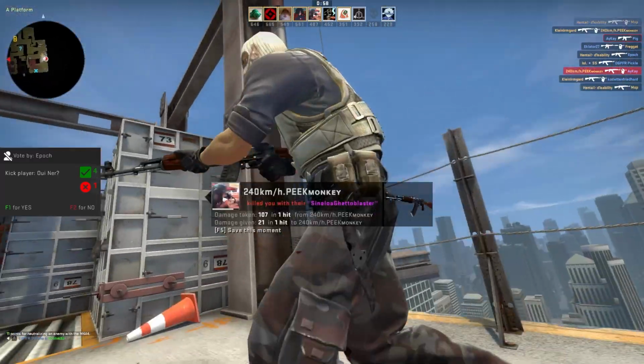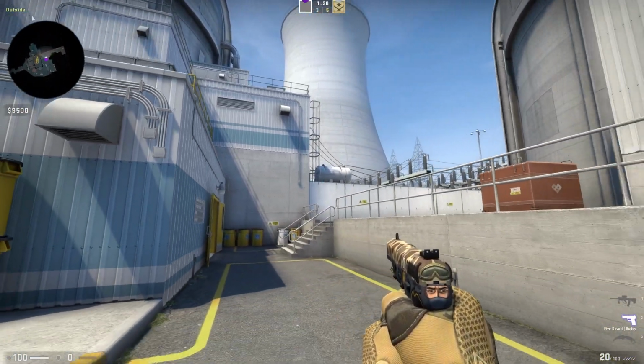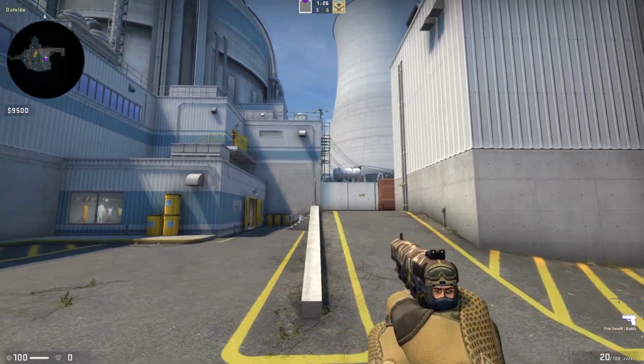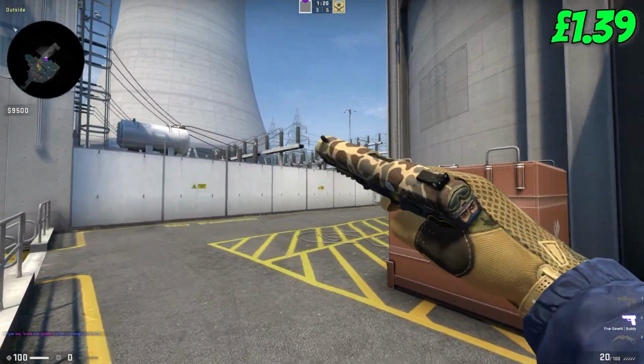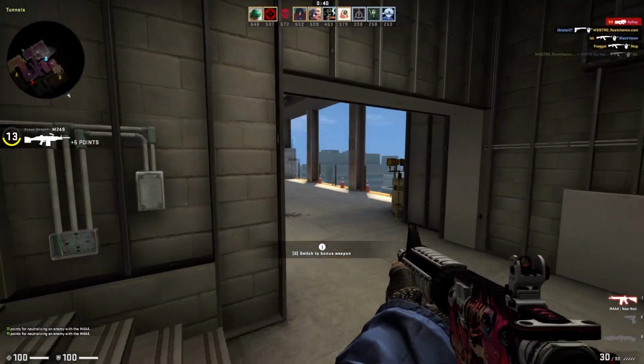Okay, let's stick with the pistols for a bit and have a look at the Five-SeveN Buddy. It's a pretty nice looking skin with a mix of blue and brown patterns on it, but most importantly it features a face on the back of the weapon, so keep that in mind. As for the price, this one is very cheap, with even factory new costing only £1.39, so good budget Five-SeveN skin here. On the T side we have the Five-SeveN's counterpart, the Tec-9, and